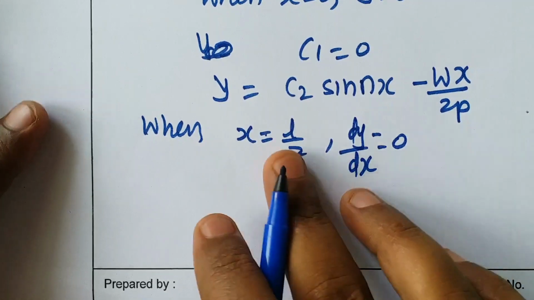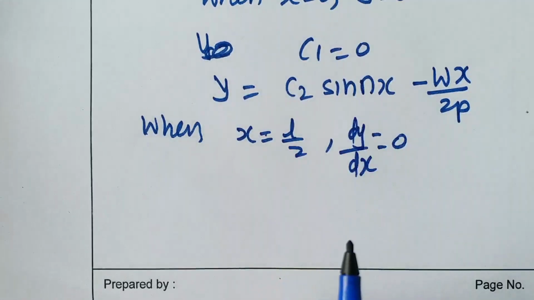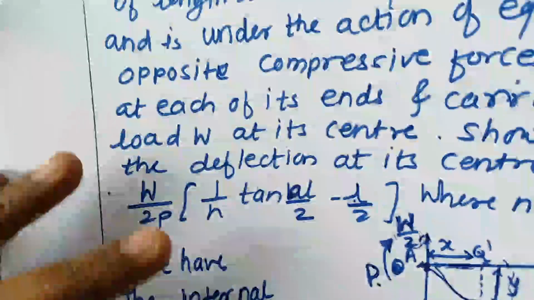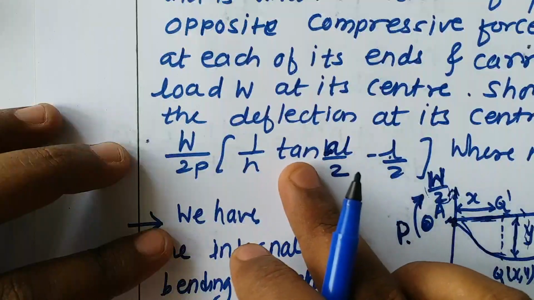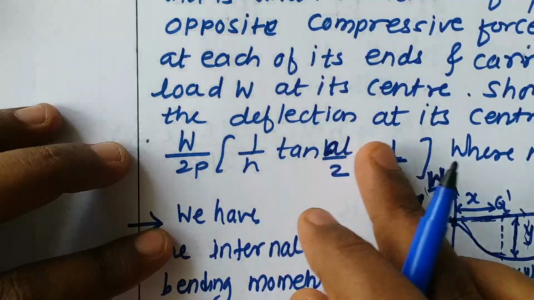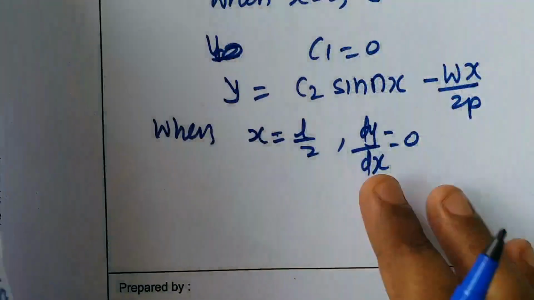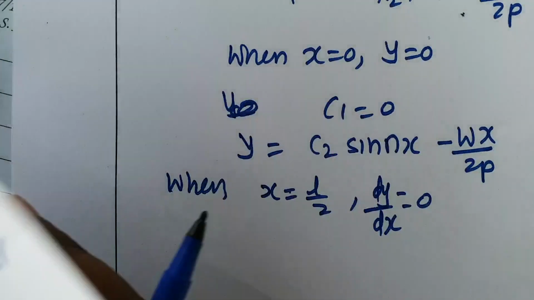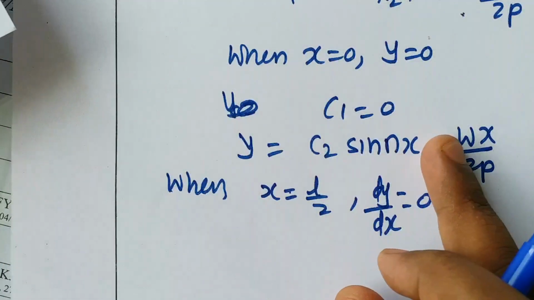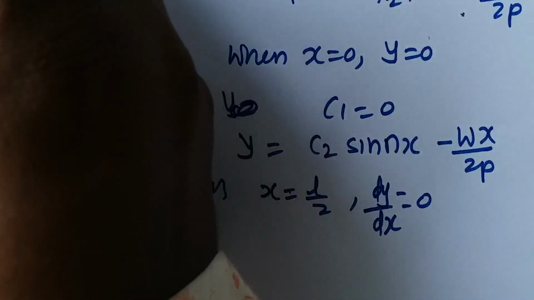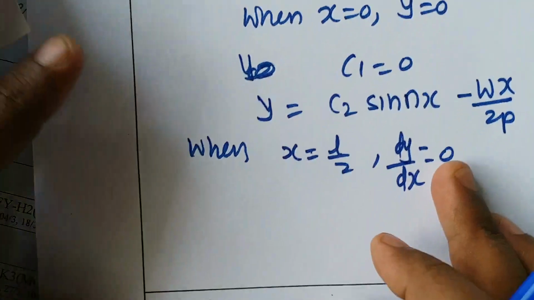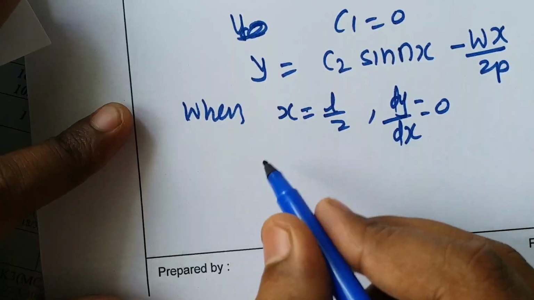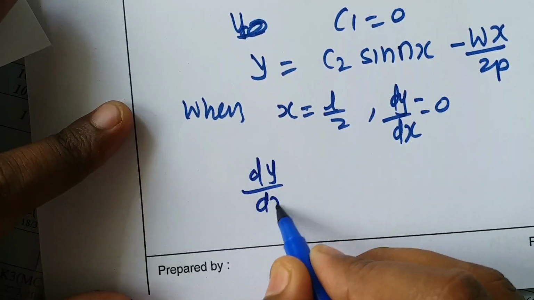Now this x equal to L by 2 we are going to put, because if you see the angle here, the angle of tan we are having as n into L by 2. So here we are having n into x. So for getting L by 2 there, we are going to calculate y at x equal to L by 2. So dy by dx is 0. So for that purpose we will calculate first dy by dx. dy by dx equal to